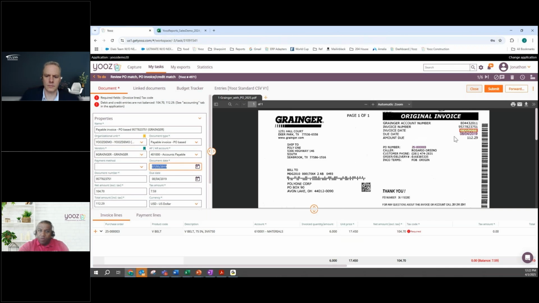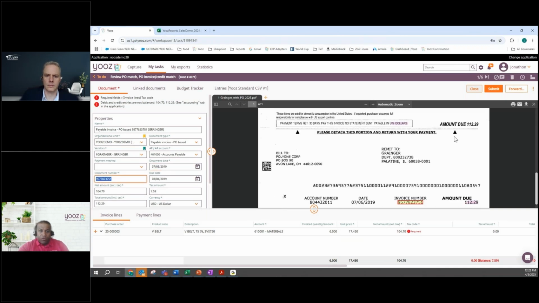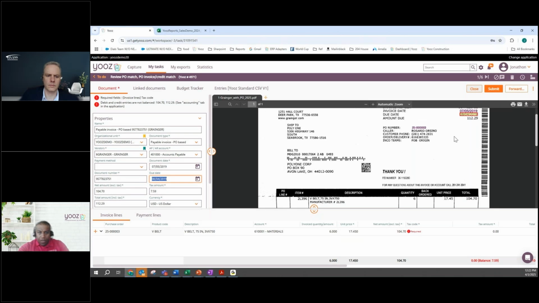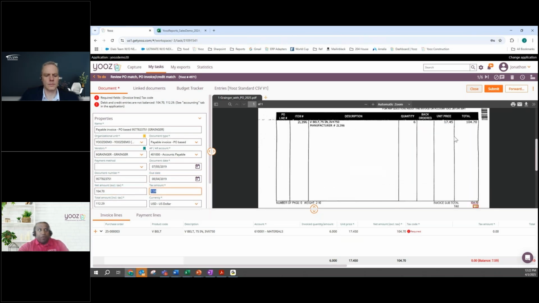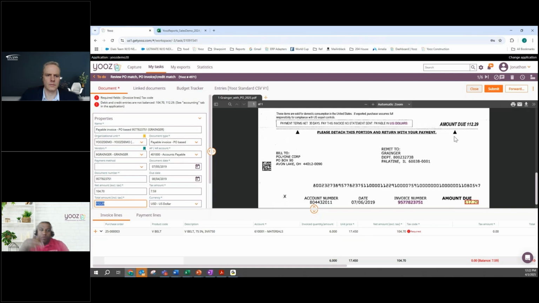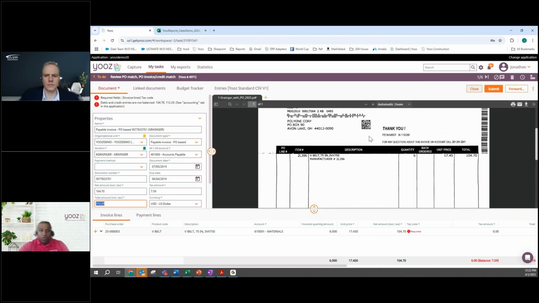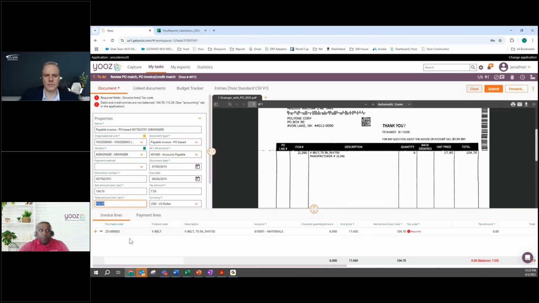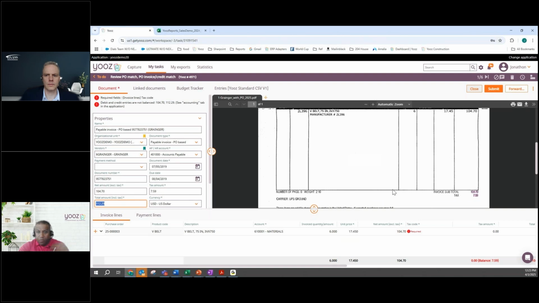If I use my tab key, my keyboard, we can now tap through. So now it's jumping to the invoice number at the bottom, our due date here at the top, total amount. It picked up and read my taxes. It also read my total amount here as well. It pulled in our lines on that PO and matched to our PO that was in the back from our invoice. And so we'll see here that we have a quantity, but when we created the PO, say we created it without taxes. So in this case, super simple to do.